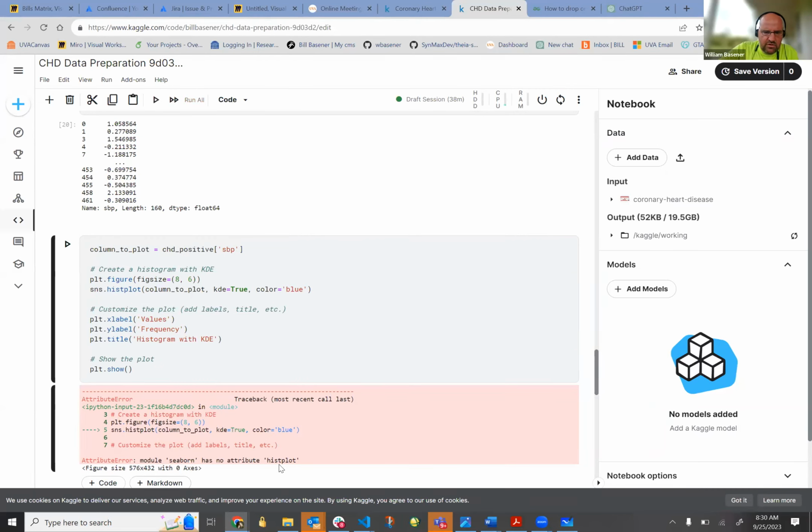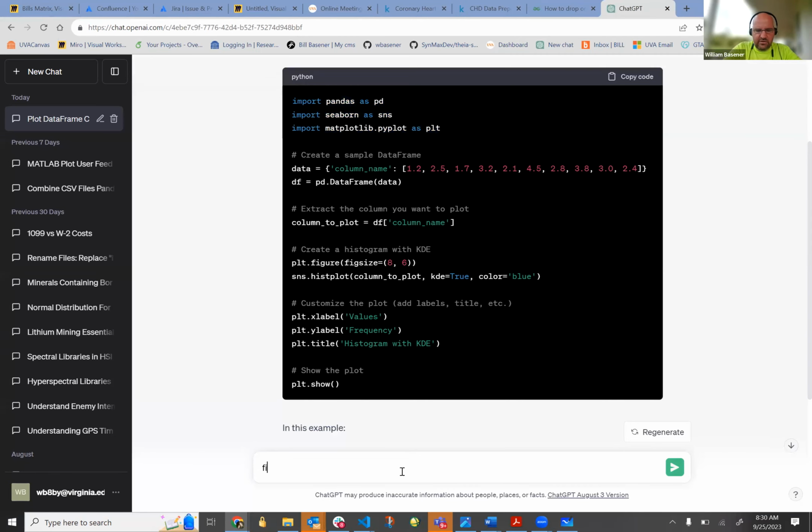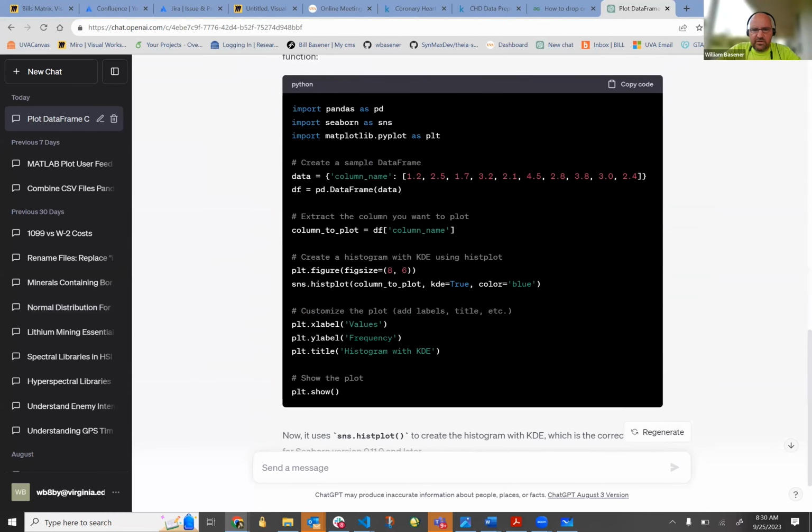And Seaborn has no attribute histplot. So what does that mean? I'm guessing Seaborn is often imported as SNS. Histplot gives you a histogram plot. Let's see if we can ask ChatGPT to fix that error. Now I'm guessing the version of Seaborn that